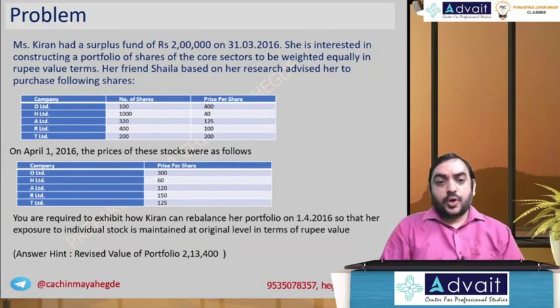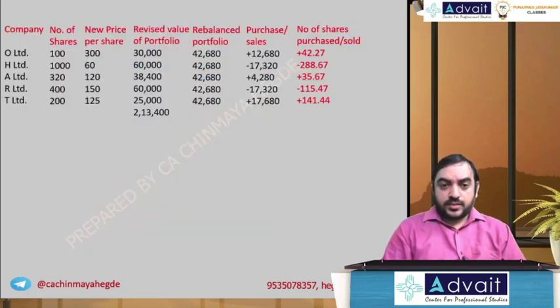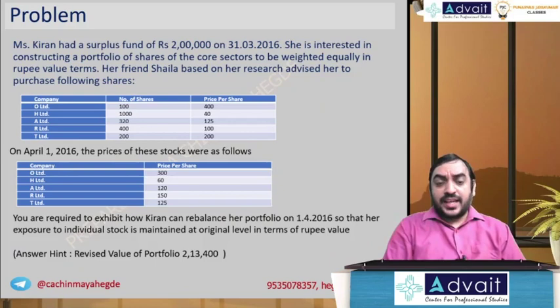This is a problem on portfolio rebalancing. Very simple concept. Let's try to do it. Miss Kiran had a surplus fund of rupees 2 lakh on 31/3/2016. She is interested in constructing a portfolio of shares of the core sectors to be weighted equally in rupee value terms. Her friend Shaila, based on her research, advised her to purchase the following shares: